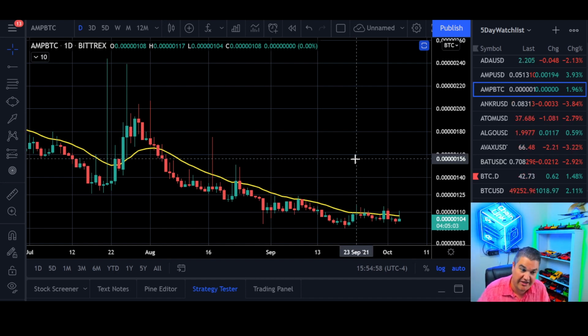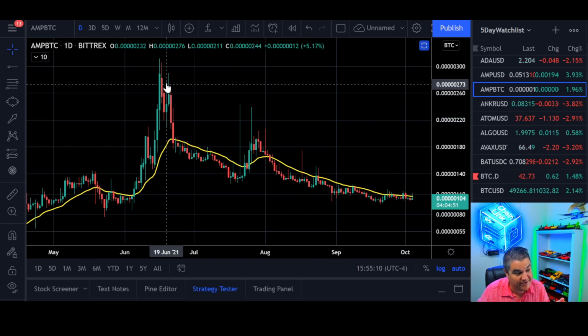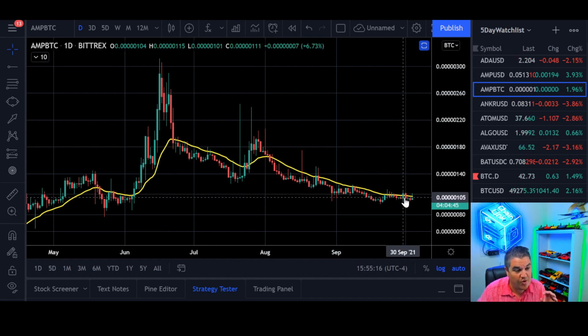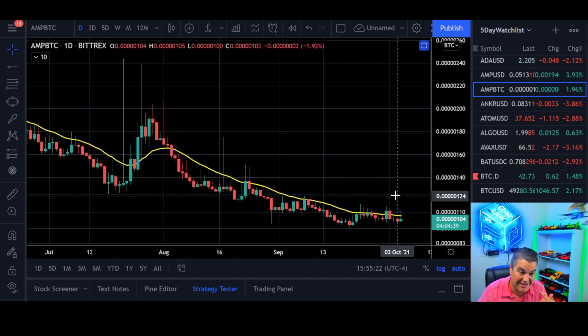It's a little young, it's gaining its ground, right? I believe in AMP. It's certainly one of my top coins. But right now, it's not looking so great the past year, the rest of the summer. Since it made its peak up here, it's been trending down. Now, this is only on the daily scale. So I want to show you what we want to look for AMP to do well against the US dollar. It's got to start doing well against Bitcoin.